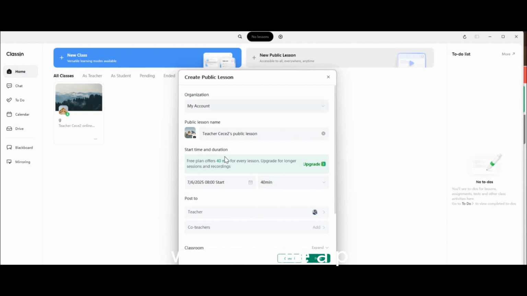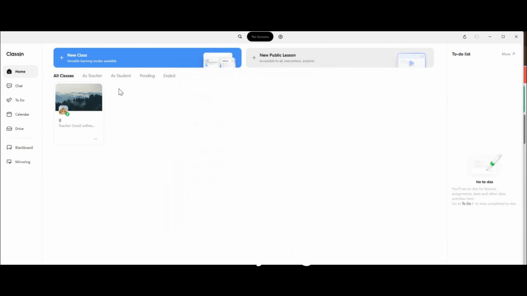But I don't want to create a public lesson. I want to create a class for a student. So cancel. This is a new class. You go to new class. So you go to new class to add a new class for a student. Maybe you're having this student, a first time student, your first time having a class with the student. So you have to go here,